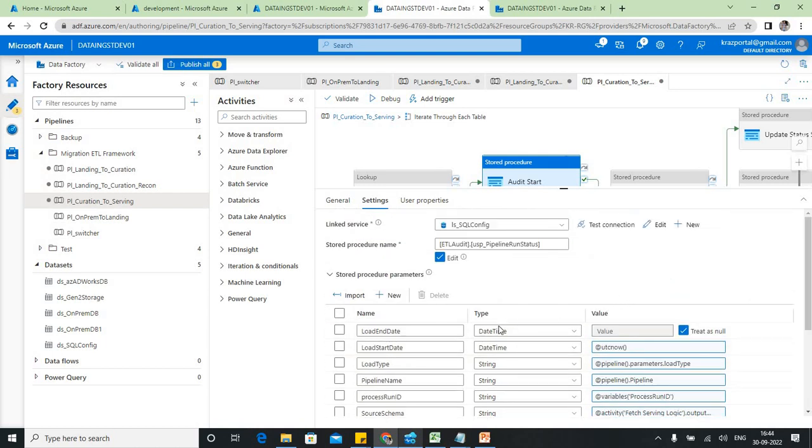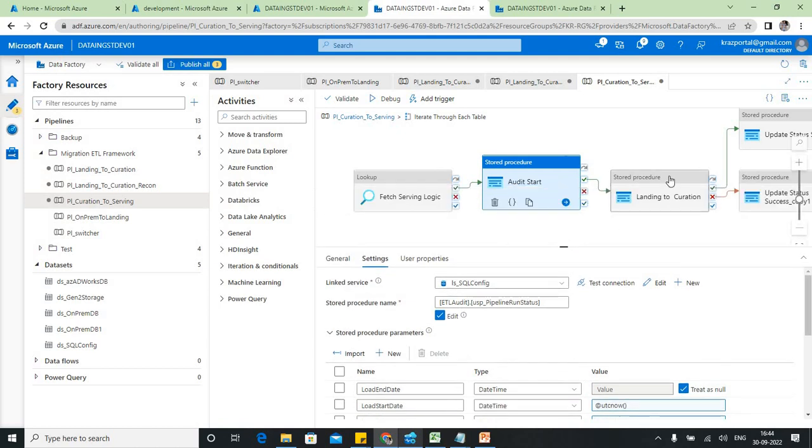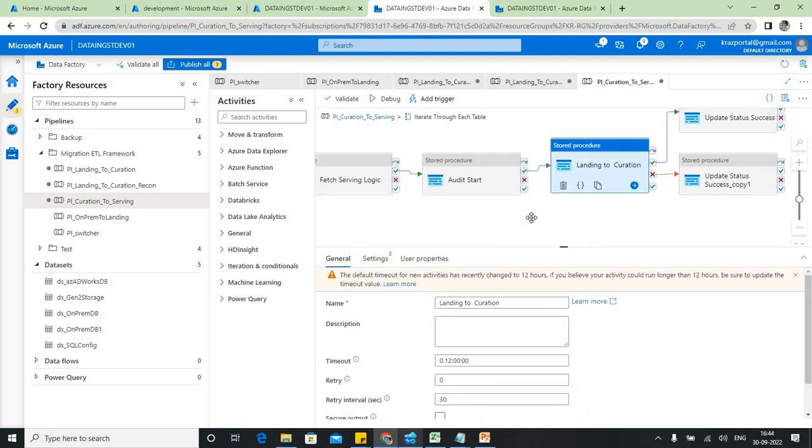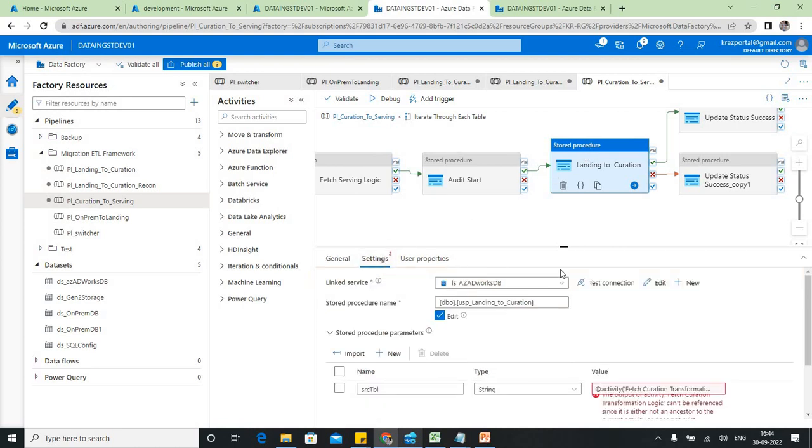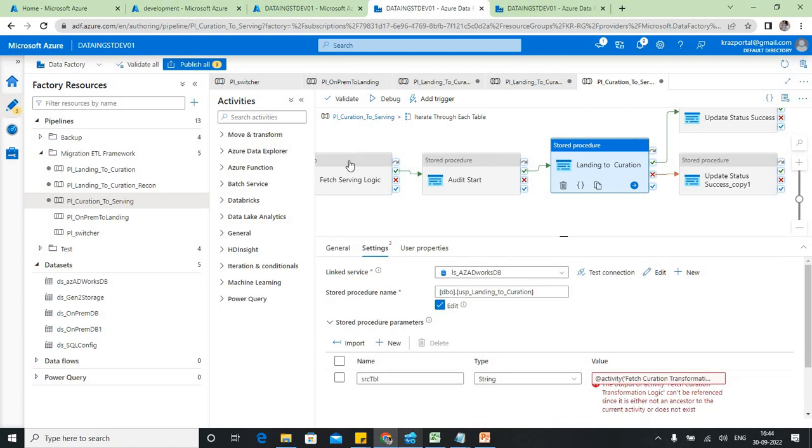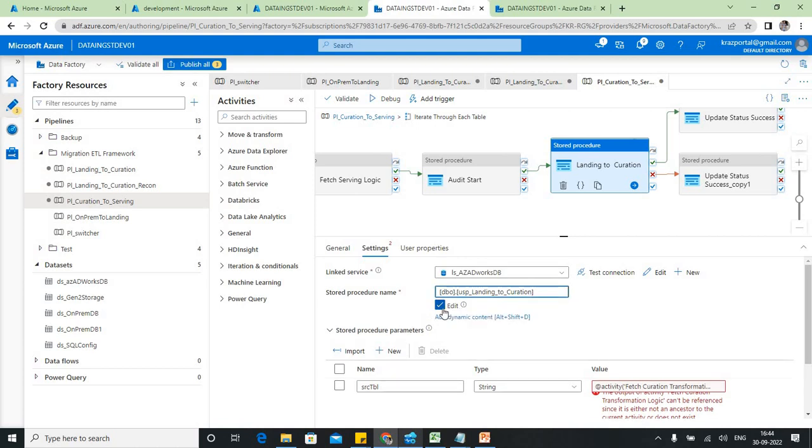Now let me go ahead and complete this activity, the store project activities. So this time it has to dynamically execute the store project that I am passing through this, right? Whatever I'm pulling here through that activity, it has to execute that store project. So this time it is going to be